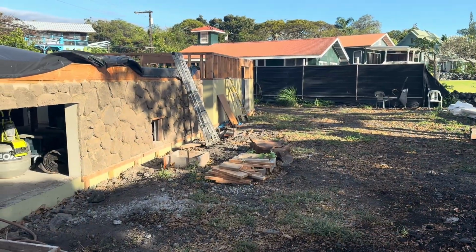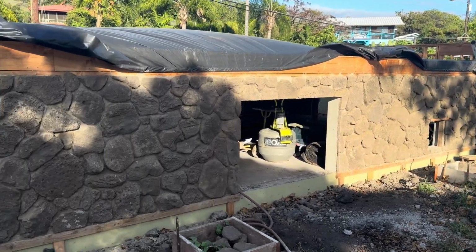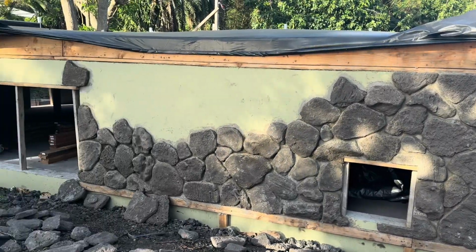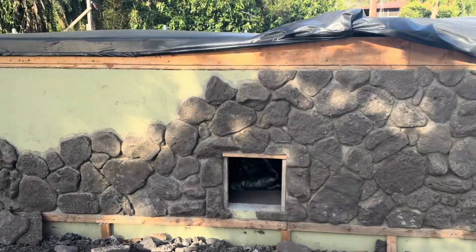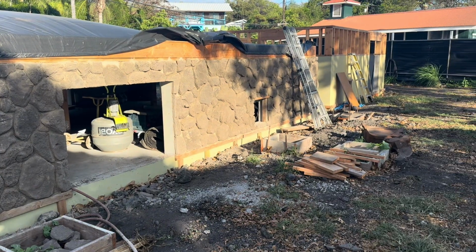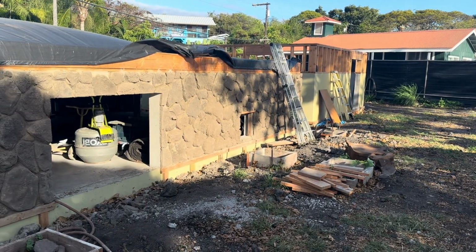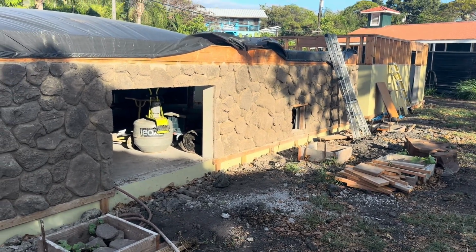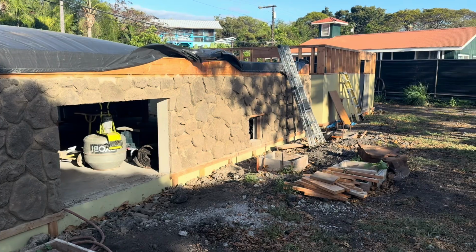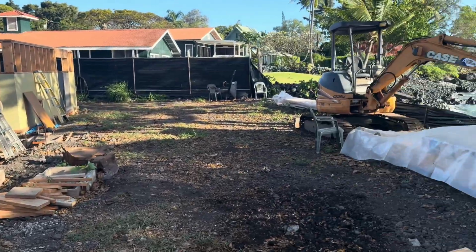So you guys want to know why I'm not getting any work done on the Ohana. This is the house that I'm building over here in Captain Cook. Months of groundwork, footings, rebar, tying rebar, building the forms for the stem walls, pouring the stem walls, pouring a pad inside, building the deck. That's going to be a garage over there. It's going to have a studio above it, but